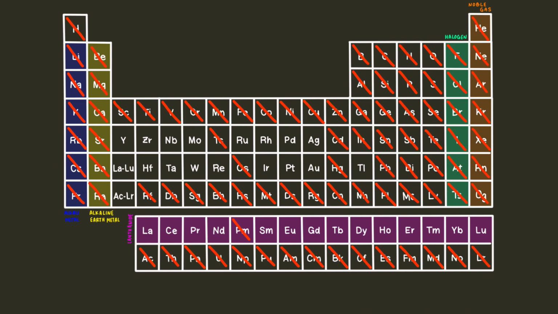Let's also get rid of cadmium, lead, indium, and antimony because we don't want to be poisoned. Let's cross off all the lanthanides too since they tarnish easily in the air, and that's not exactly ideal. Actually, thallium also tarnishes easily in the air. Let's get rid of it too. And let's get rid of yttrium since it reacts readily with water. We don't really want our money to undergo a chemical reaction the second we get it a bit wet.